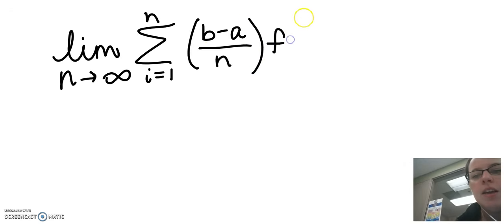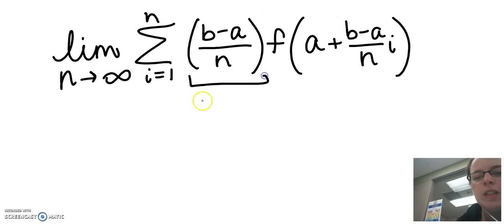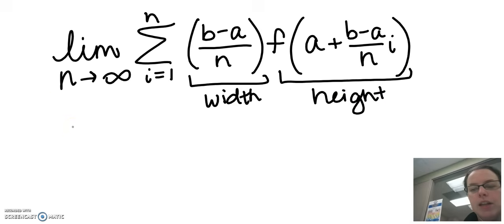And then we're going to take our partitions and we're going to plug them in to our function to get the height of each rectangle using this formula. So this represents the width, and this represents the height, and ultimately we want an infinite number of rectangles. I'll show a demonstration of this with YouTube when we come back on